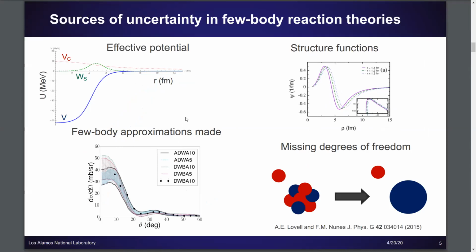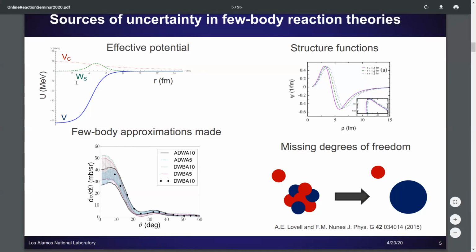The first one, and the one that we've been focusing on really for the past 5 or so years, and have really done a lot of work to get at, are the effective potentials that we use in our problems, the interaction between a scattering neutron and a heavy target. And that's what I'm going to be talking about today, because it's, again, where most of our work has gone.